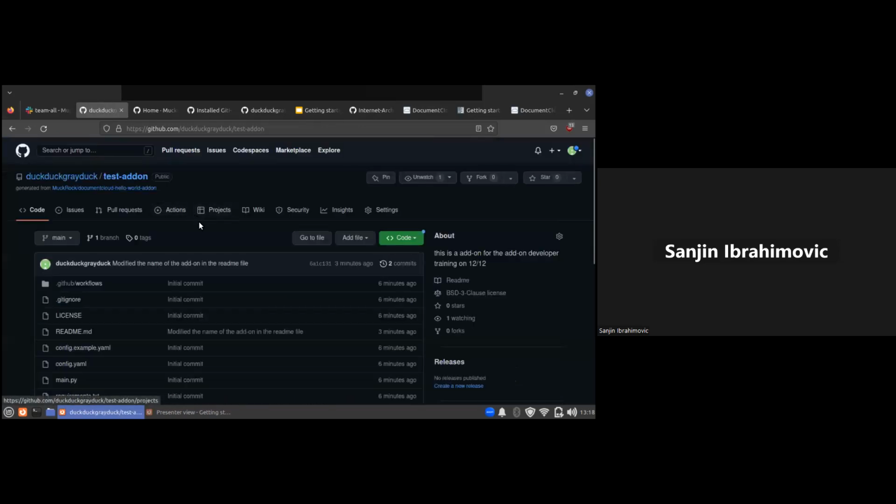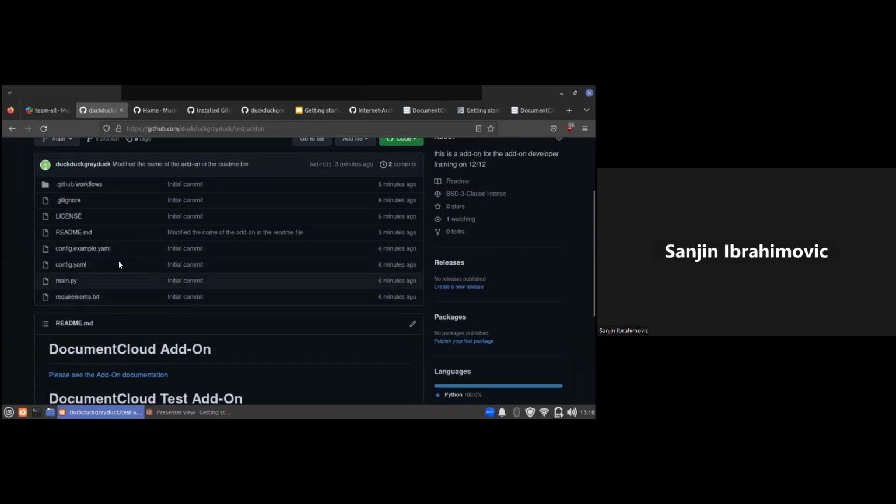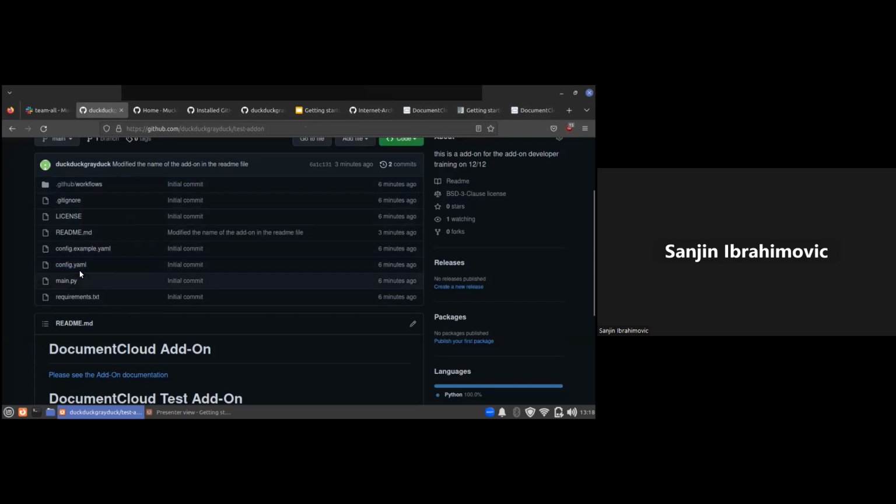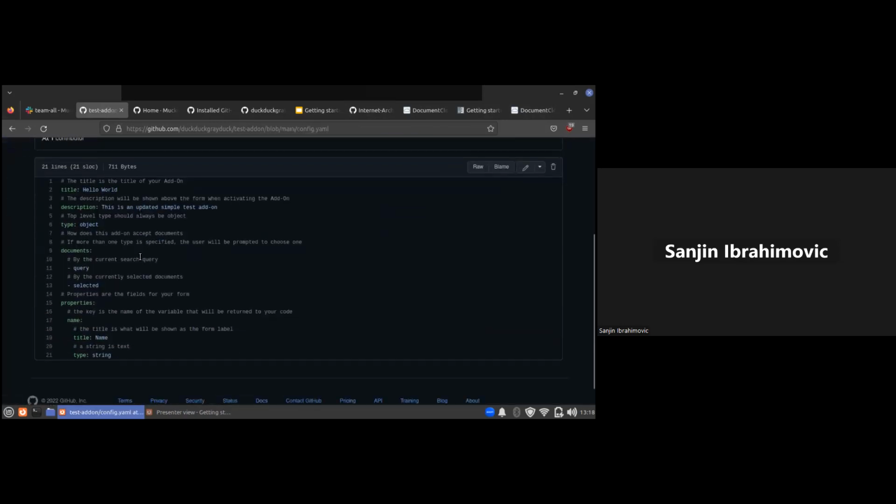If I want to change the title, we'll dive into modifying the user interface. So if I go into test add-on, and to modify features of the user interface as you view them on DocumentCloud, you'll want to go into the config.yaml file. Here you'll see a couple of different things. You'll see title. Title will be the actual name of the add-on. So if I go ahead and edit that,